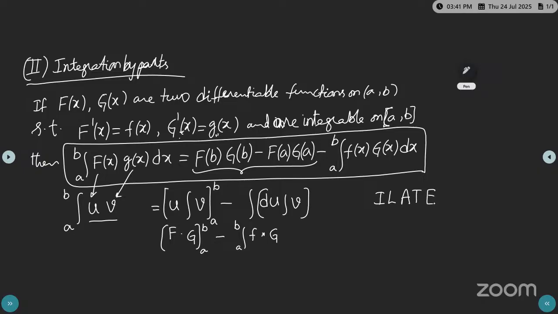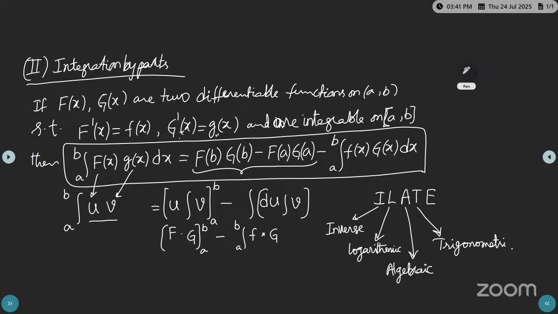I for inverse, L for logarithmic, A for algebraic, T for trigonometry, E for exponential. Based on this order, whichever comes first